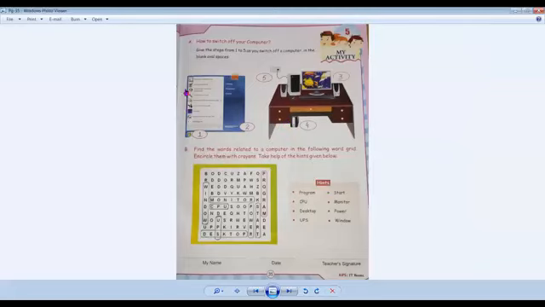What is the activity? Activity A is how to switch off your computer. These pictures are already drawn in your book. You just need to put numbers. To shut down a computer, first what do we do? We click on the start button. So here write 1 in this box. That is the first step.